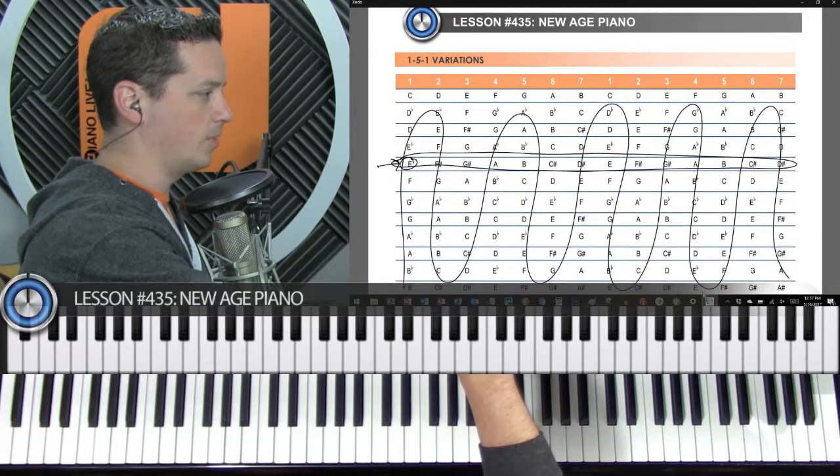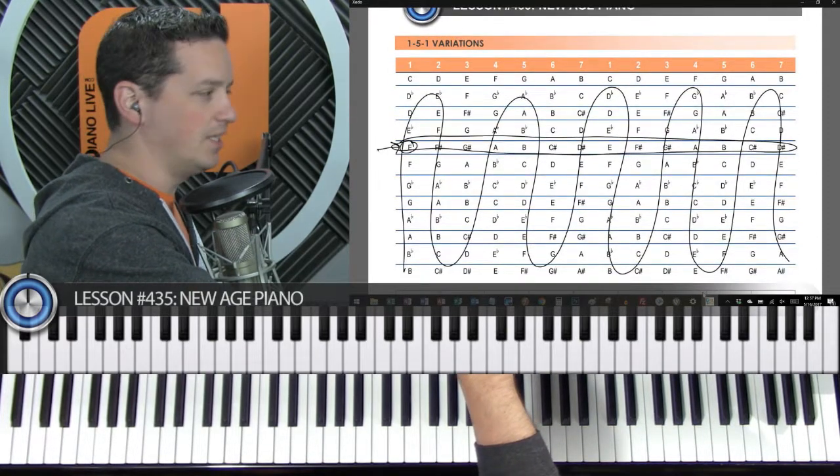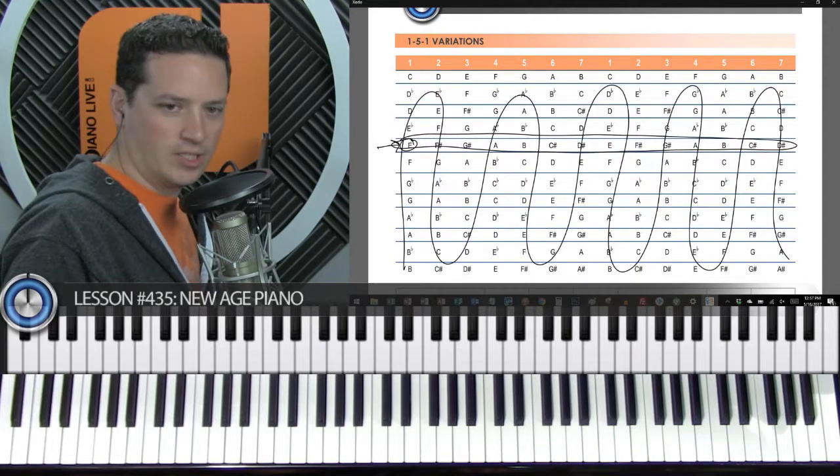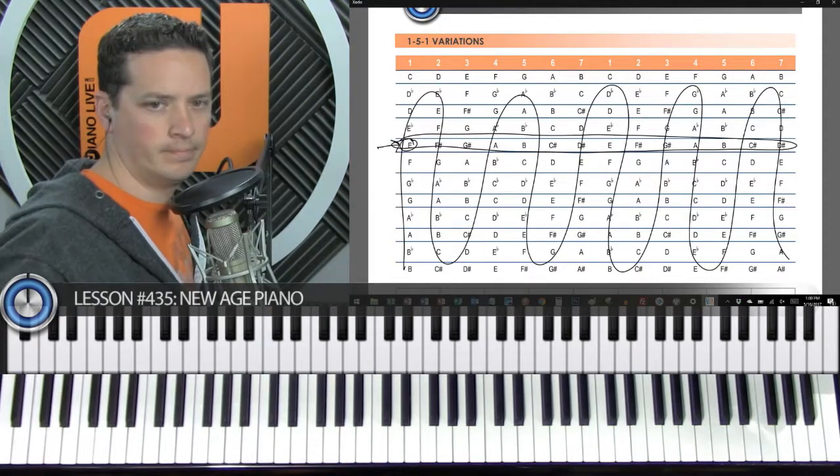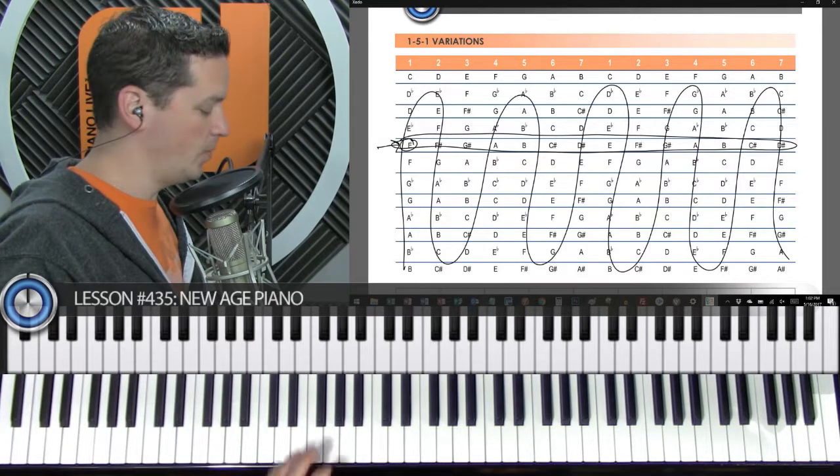Cool. So then the key of C, 1-5-1 variations. Yesterday we talked about what to do with the left hand. Awesome. Okay. I think the point at which I lost you was